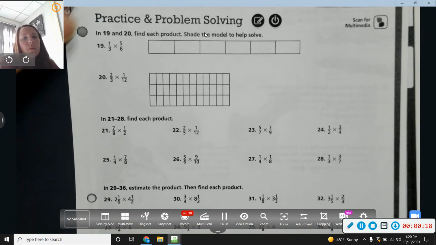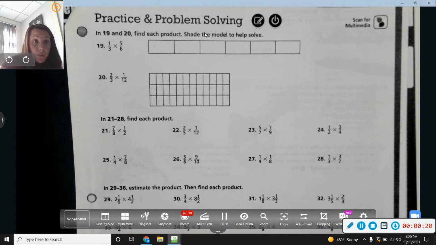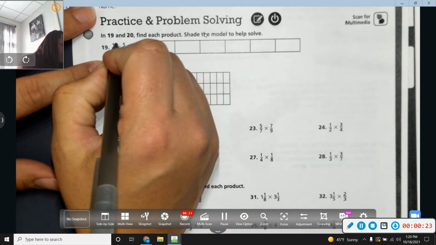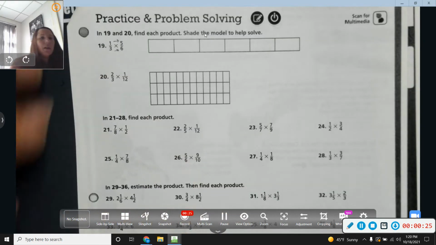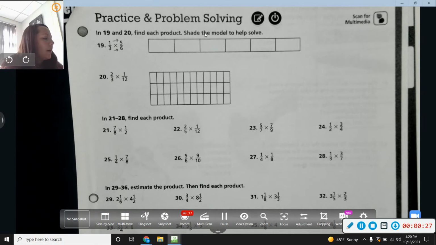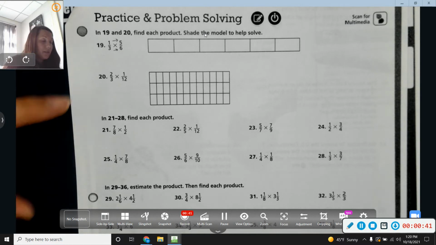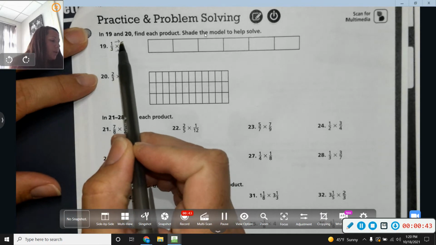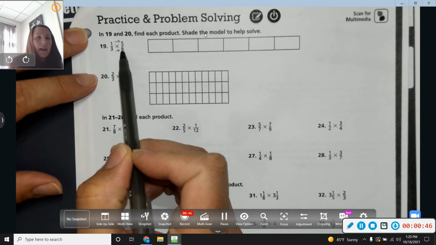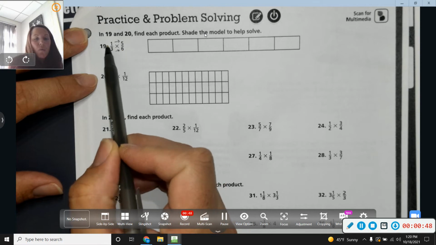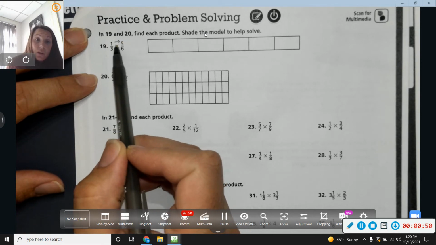So what's important when we multiply is we know we have to go straight across. But it's also important for us to reduce when we can, okay? And so if we can reduce, we want to. It makes our process easier, and then we don't have to do it at the end. So when we reduce, though, we reduce diagonal, and we see what can we divide out of both of the